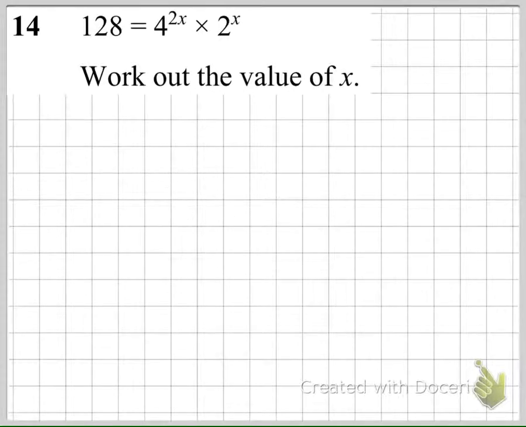This one is a mixed bases question. Mixed bases because when you have something to a power, the number that you're raising to a power is called a base, and this is the power or the index or the exponent. So you've got a base to a power and another base to a power, and they're different bases, so they're called mixed bases. Now, questions like this are only possible to solve if all of the bases are powers of